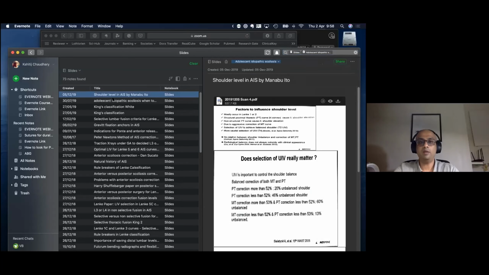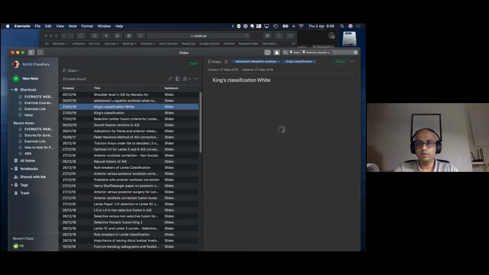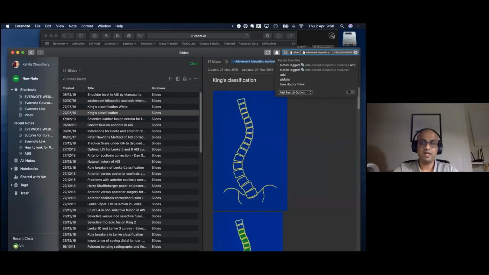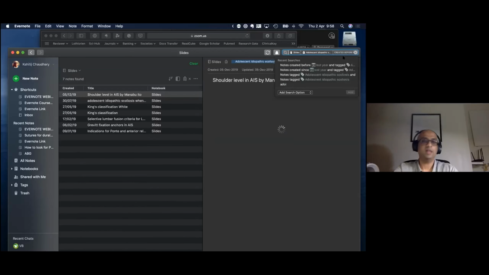So these are all my notes which are in a particular notebook which are tagged adolescent idiopathic scoliosis. Now I can go further and say just show me the ones that I've created last year, and oh, there you go. It shows me that I have created these 6 notes last year in 2019.